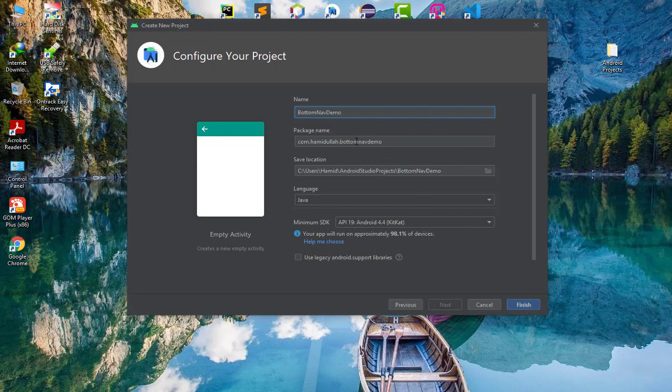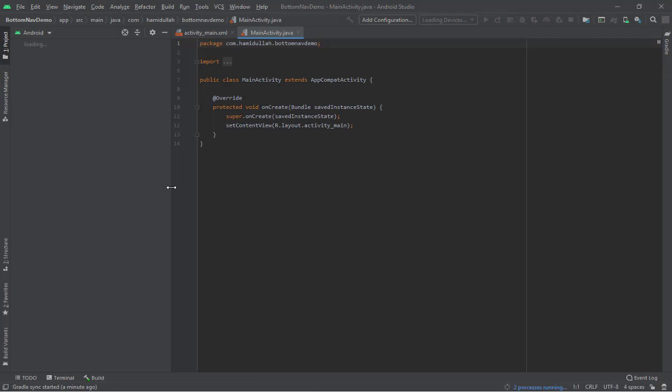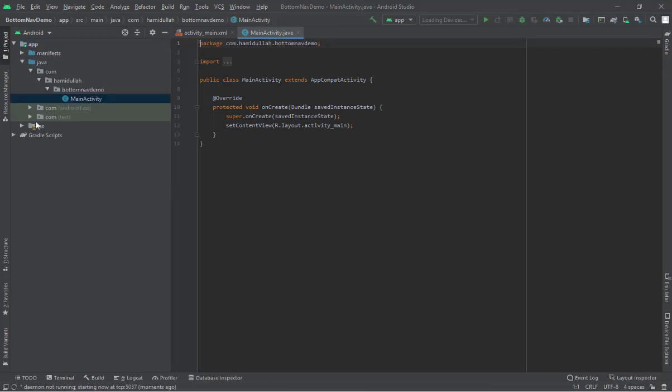and also check out your package name. The package name is a unique name that will display in the Play Store, and also check your API level. You will select API level 19, and Android Studio will start building your project. It will take some time to finish building your project, and after that go to the